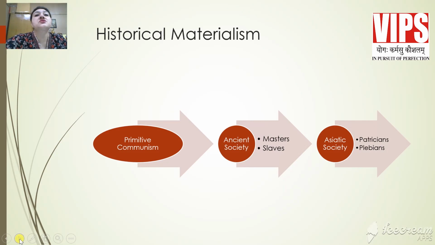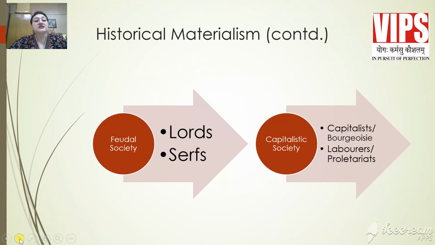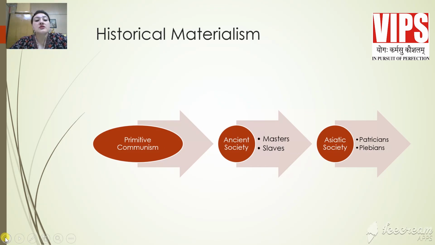While tracing history, he says that there are distinct modes of production, as I've already mentioned. He begins with primitive communism, followed by ancient society, Asiatic society, and then you have a feudal society and capitalistic society. These are the five modes of production, which we are going to first analyze and then carry forward. So if we move on to the first, which is primitive communism, this is, illustratively speaking, that